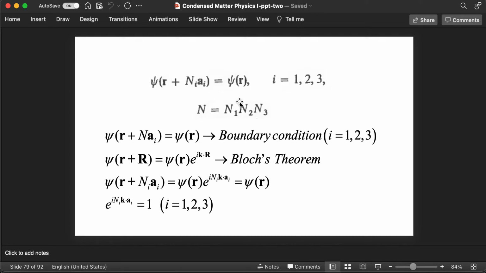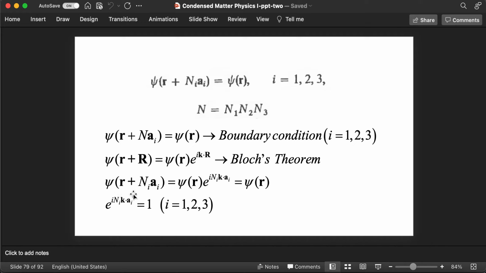And the total number of unit cells is basically the primitive cells. The total number of primitive cells is basically N1, N2 and N3. That's the modified form of the Born-von Karman boundary conditions. So given this, and given the expression for the Bloch theorem which we have just proved, I can now combine these two and write